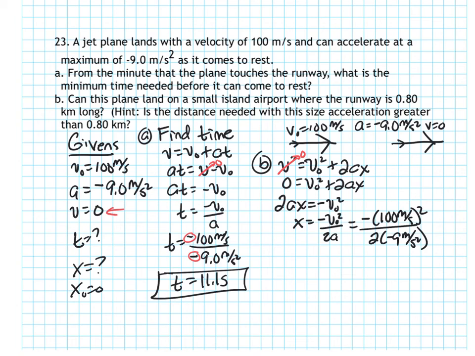All right. So in this case, when I do the math, x is equal to 555 meters, and that is equal to 0.555 kilometers. So if the airport is 0.8 kilometers and I need 0.55 kilometers, then the answer is yes. I'm going to be able to land on the ground at that airport. And then we know